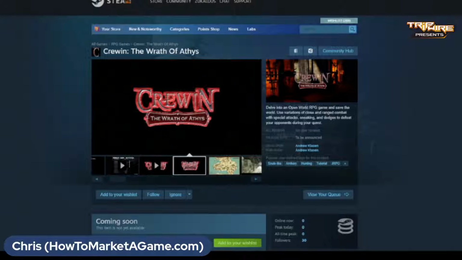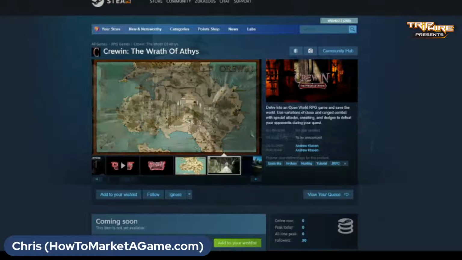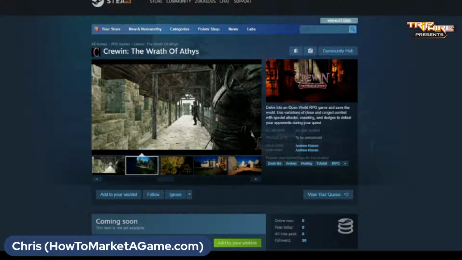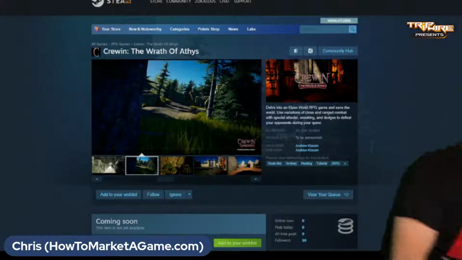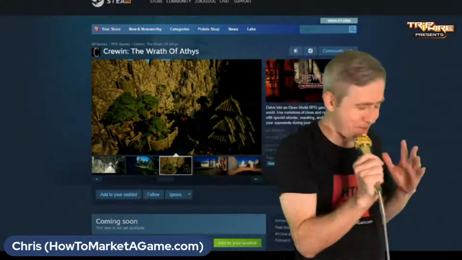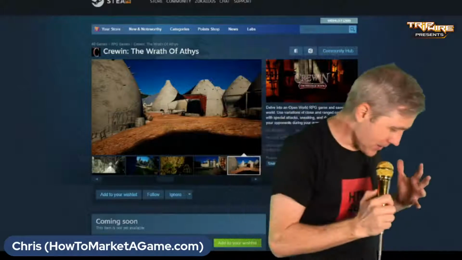So I can see the open world. This looks like kind of Skyrim-y open world. I can see that stuff. Okay. But remember, you're going up against Skyrim. And so what is unique about you that I couldn't come up with Skyrim? Is there something that's different, like close range attack? That's the basics of Skyrim.